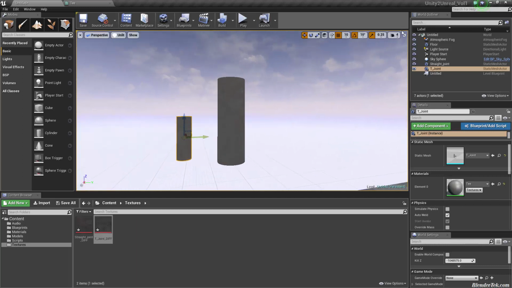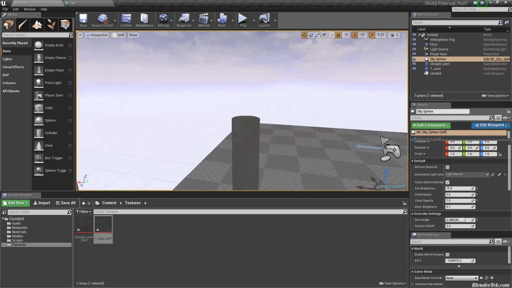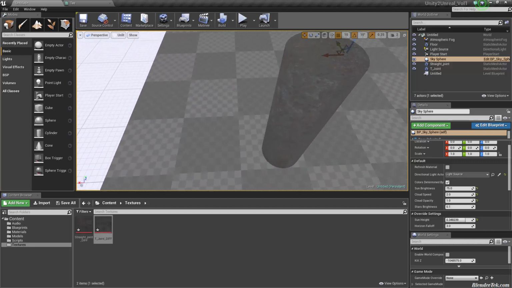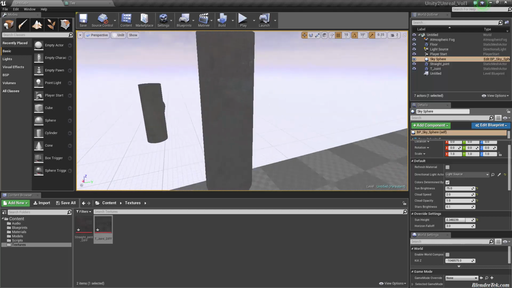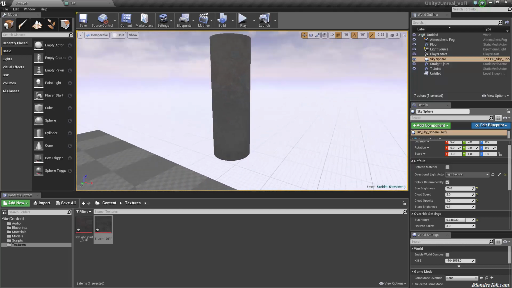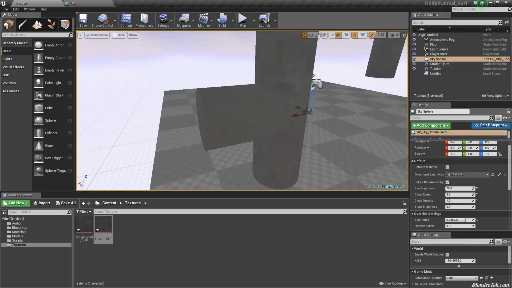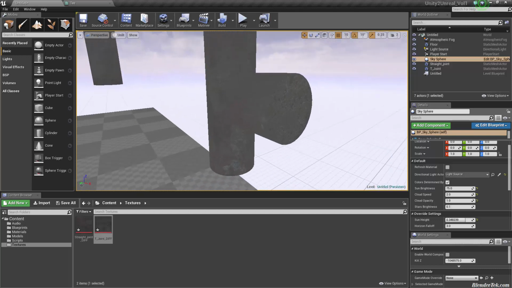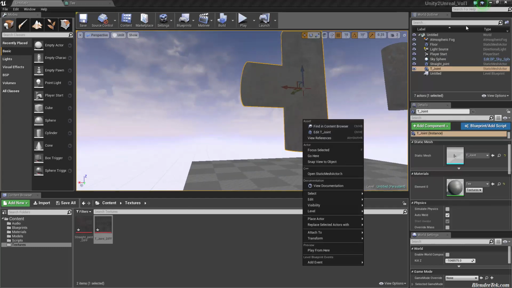So I've got to turn my camera speed down. I'm zooming into these places, so I'm not seeing. Okay, it looks like there may be a UV error in here. I don't believe I created it with a seam there. We'll have to go into Unity in a second to compare that. Let's look at the T-joint. Looks okay. Let's go into Unity to compare.